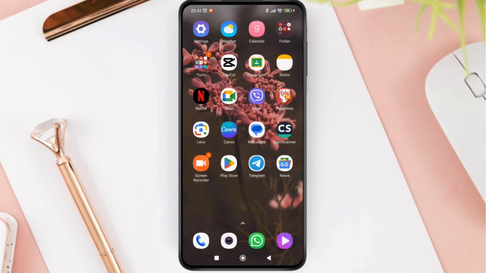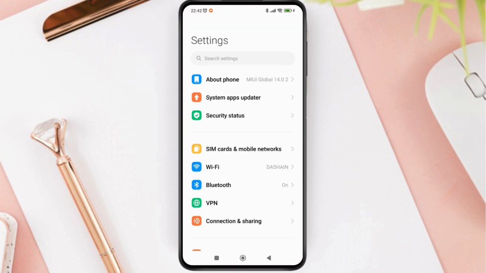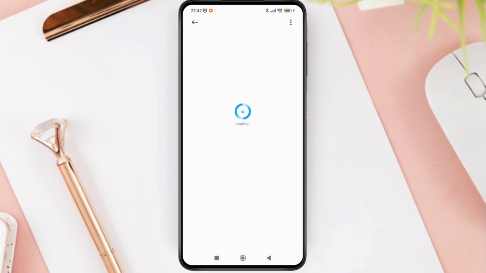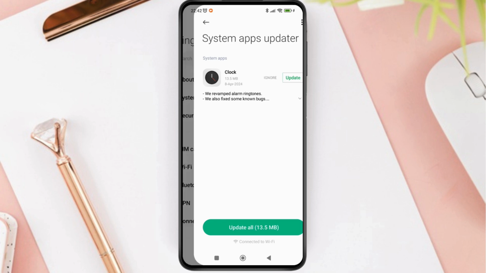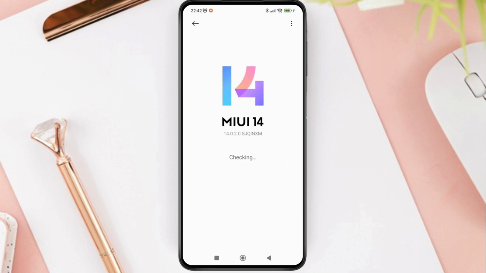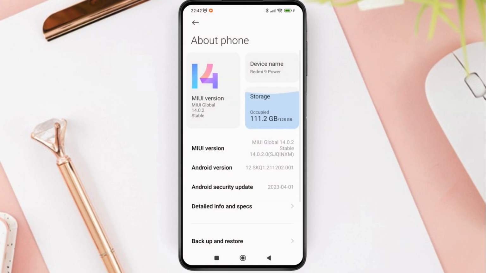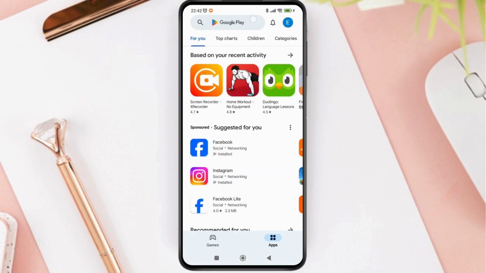Now what we're going to do is go to the settings of the device and then search for system update. So you can go to system apps updater to see any updates available, or you can also go to about phone and then select checking if there are any updates available. Now this says no updates available for the device, so we're going to go back and go to the Play Store application,